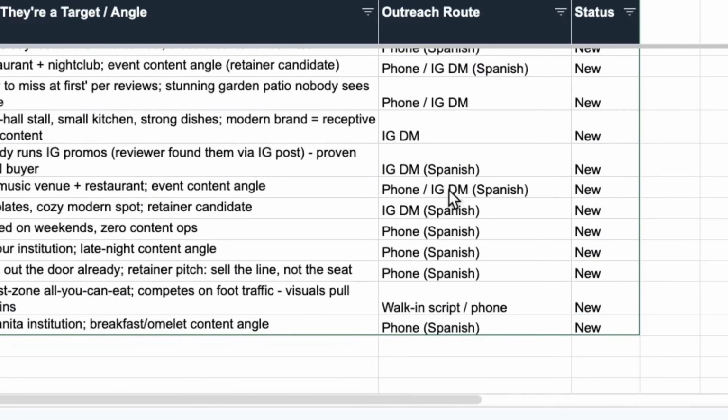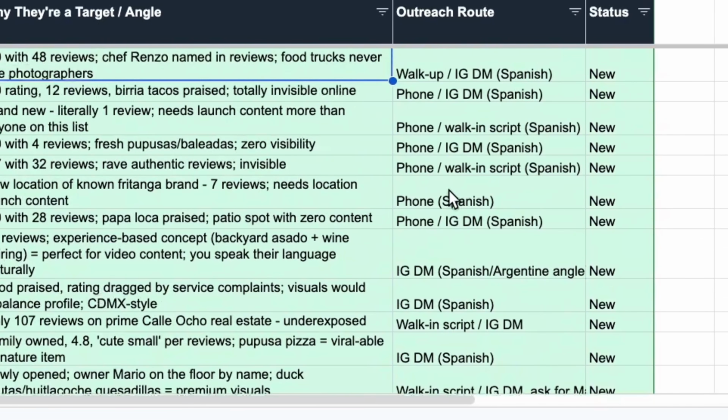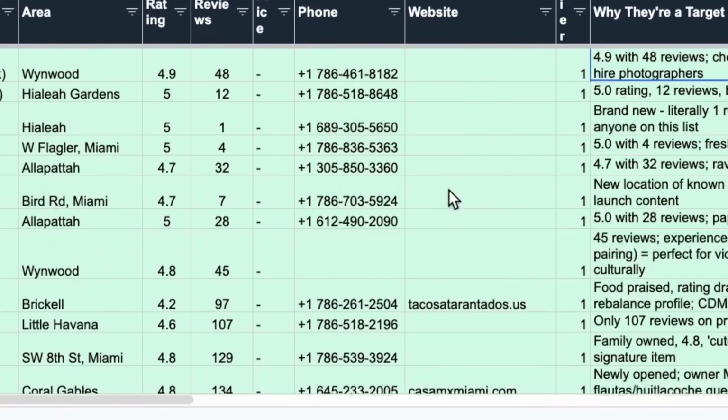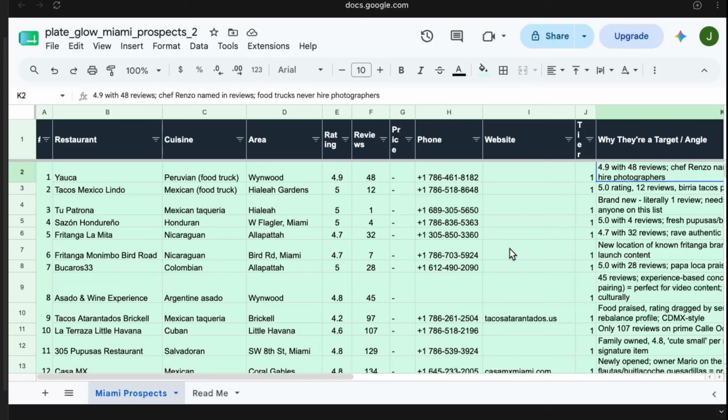And of course, you can do Facebook DMs as well. But this type of information is so relevant. You would have paid somebody, I don't know, hundreds of dollars to create this type of list, or wasted hours